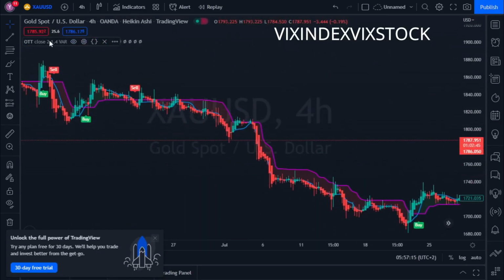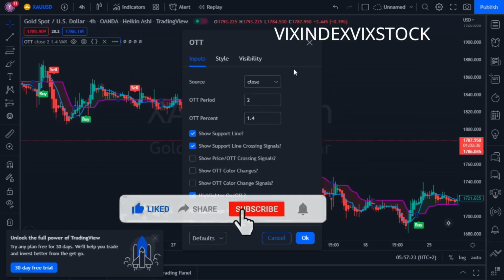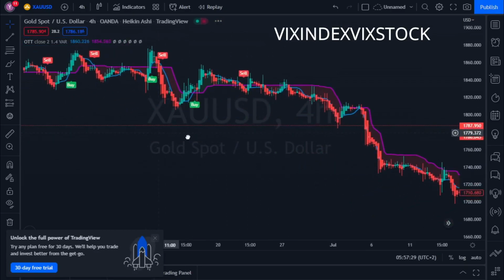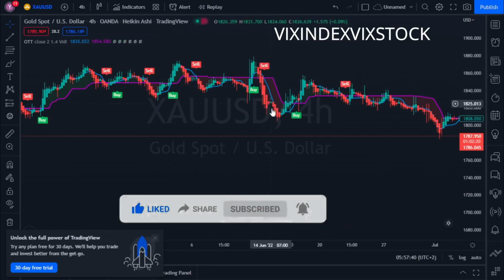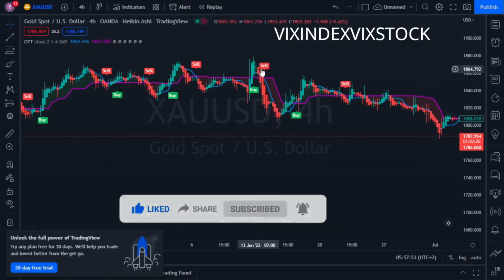Otherwise, you can also come here and change the settings according to whatever you feel like. But I'm just showing you the potential of this indicator using the default settings. So here with a buy on the 4 hourly, you could have bought for about 3 hours, which is good, but you could have sold for a couple more hours. This is about 12 hours because this is the 4 hourly. But we could have bought for 8 hours because we start here and somewhere there, close out and